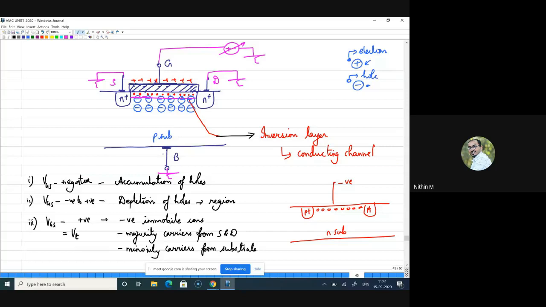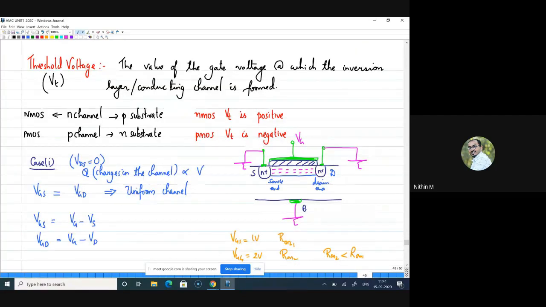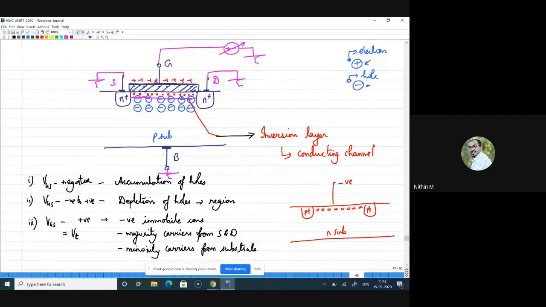So this happens at a specific voltage, and we name that voltage the threshold voltage, because that is the gate voltage at which a conducting channel is formed, and we call this conducting channel the inversion layer, for the reason that your substrate is initially P. Even the bulk, you can see the rest of the substrate still remains P, but only the region or the portion beneath the gate is changing to an N type. It is not exactly that the substrate is changing, but because of the carriers which are available there, that region is in fact inverted, and we call that the inversion layer, and that is forming a conducting channel which connects source and drain.